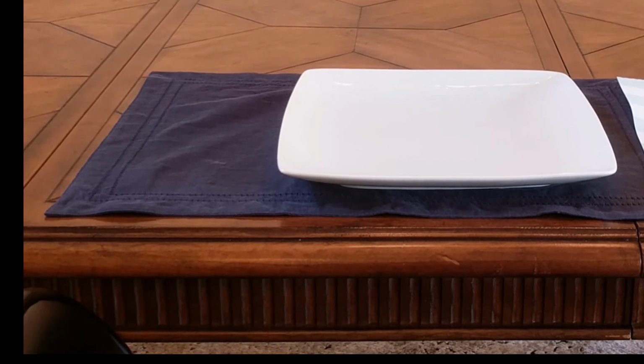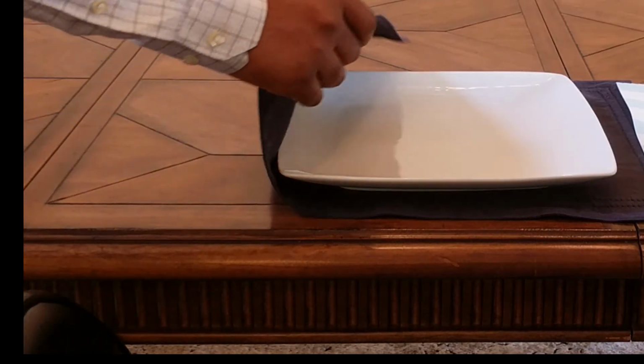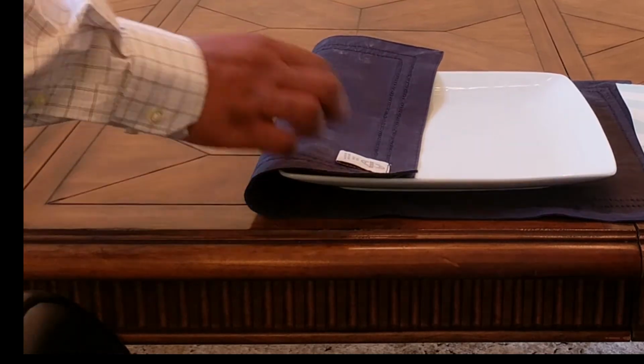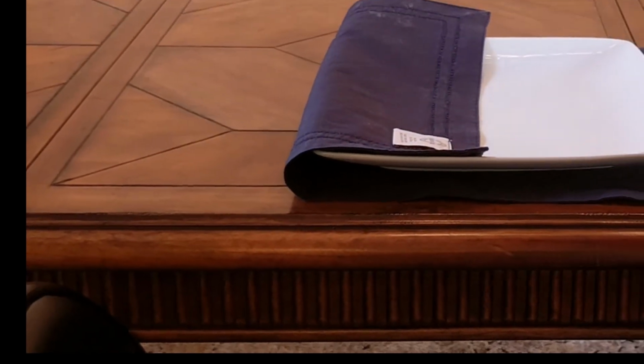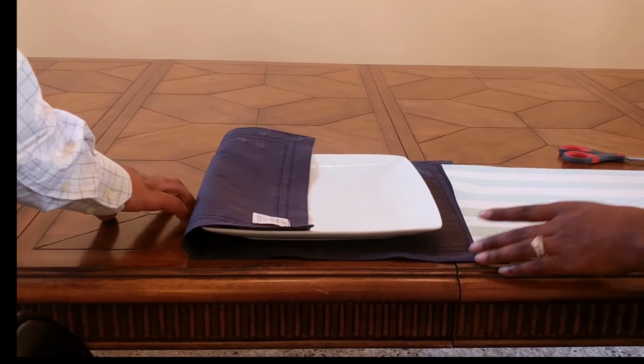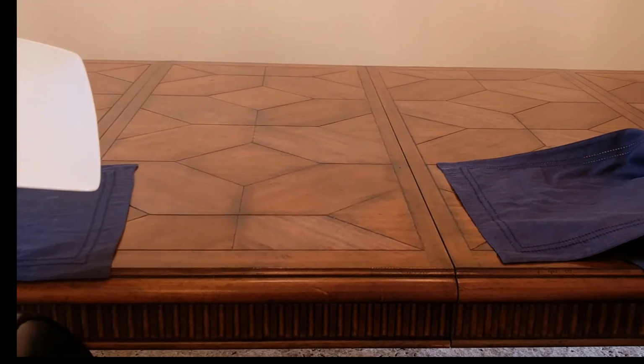So I'm freaking out right now because this is a really nice table that I got from a high-end store a couple years ago. I got it on sale. So now my husband has come from behind the camera and we're looking at the table, and now we're having a full-scale freak out. It's a little bit scratched. It's superficial, but I'm so upset because I know I'm supposed to use placemats,